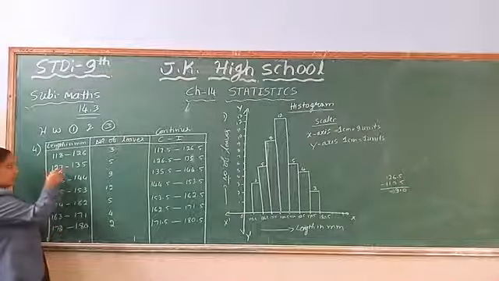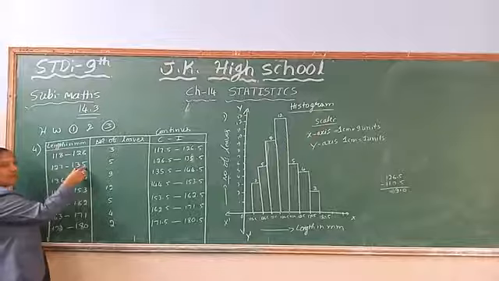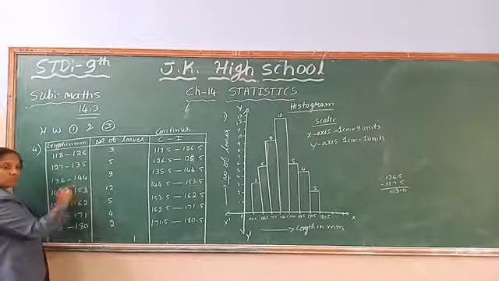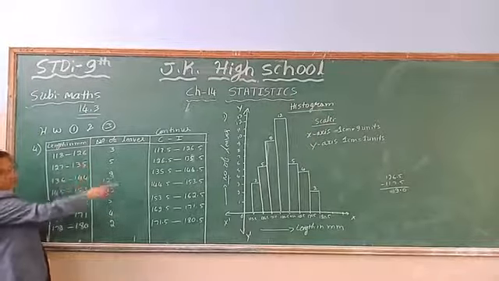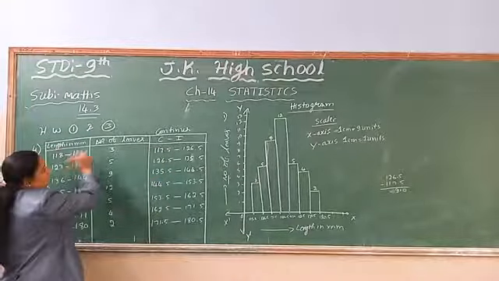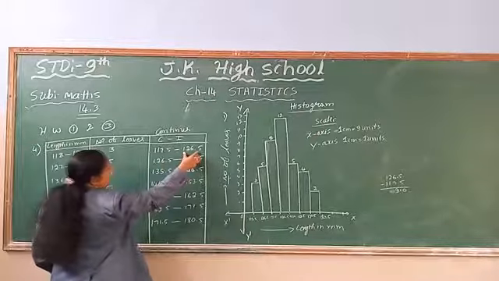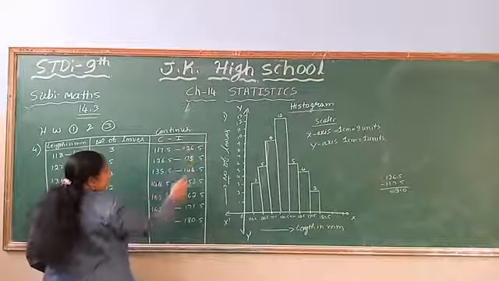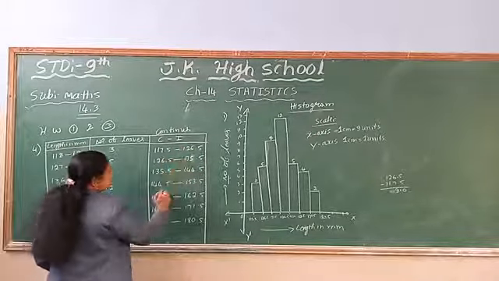So in the same way, 0.5 is subtracted here and added here. The value is not going to change, but we convert it into continuous form. See now, I have subtracted 0.5 from the lower limit and added 0.5 to the upper limit. In the same way, now it has become a continuous class interval.